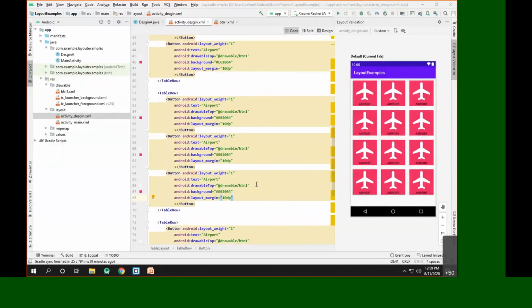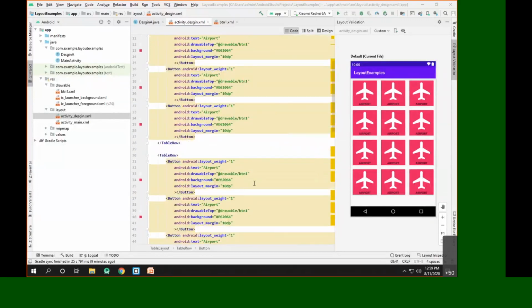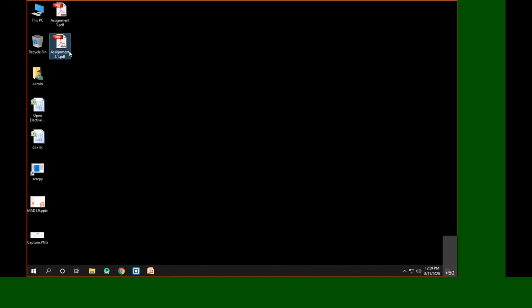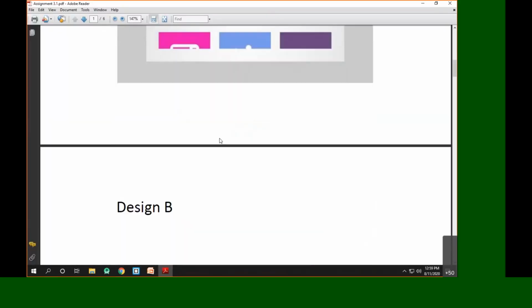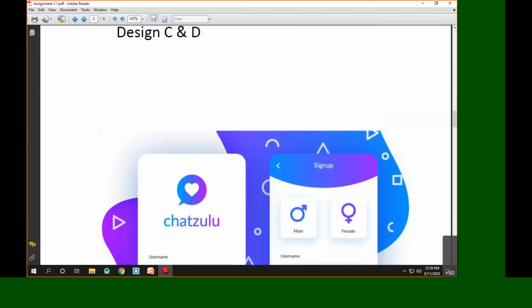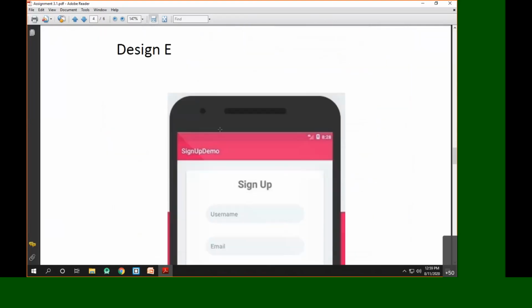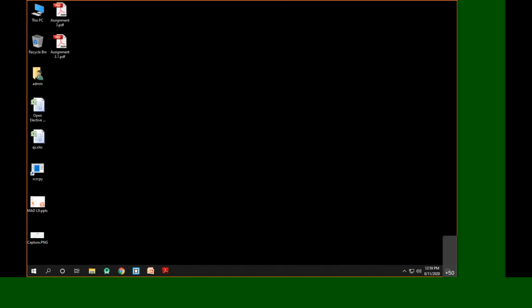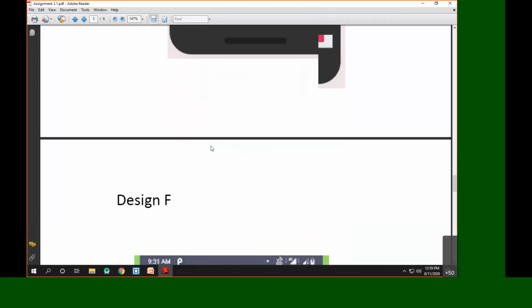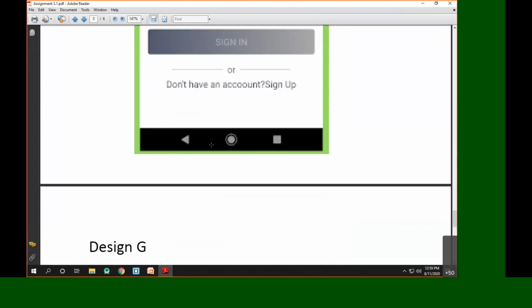All these assignments I have added on your Moodle. So you can go with this. Other than that, if you want any of the designs, you ask me. I'll try to solve these particular designs in the live video. If you have any doubts in this, please ask. Whatever designs we have seen, please ask if you have any doubt. Otherwise, we'll proceed further. Please reply in the chat box whether we should proceed further or if you want any design to be solved here.